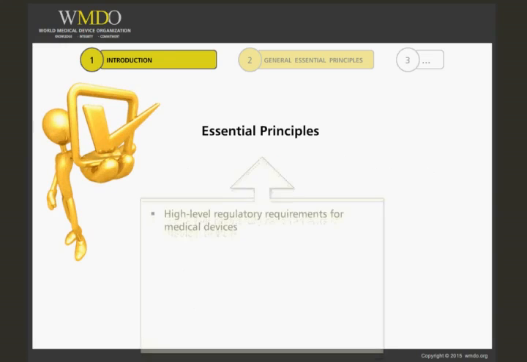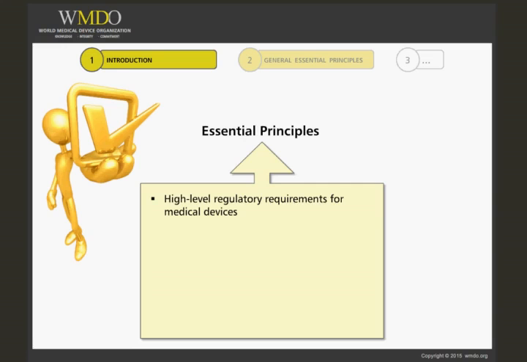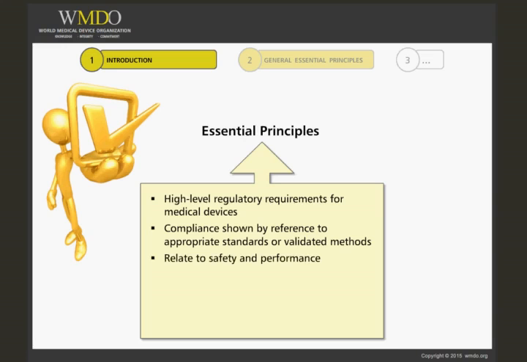Essential principles are high-level regulatory product requirements for medical devices. The manufacturer shows compliance with the essential principles by reference to appropriate safety and performance standards or other defined and validated methods. The essential principles are the basis of the regulatory framework and other aspects, such as the conformity assessment processes intended to demonstrate compliance with the essential principles, and hence safety and performance of a medical device. Consistent quality of a medical device is achieved by application of a quality system for manufacture, which is required by